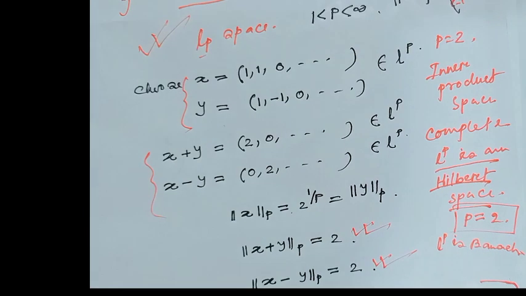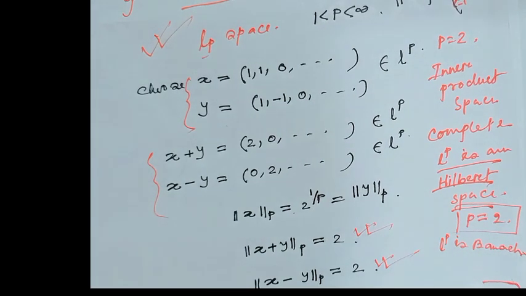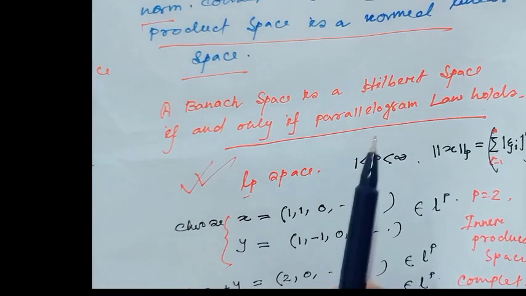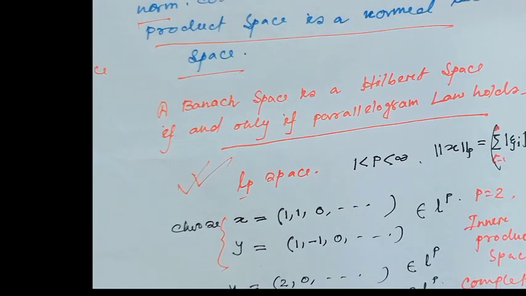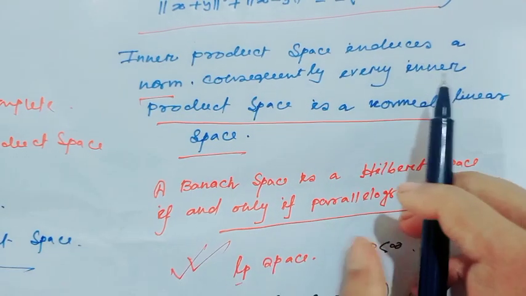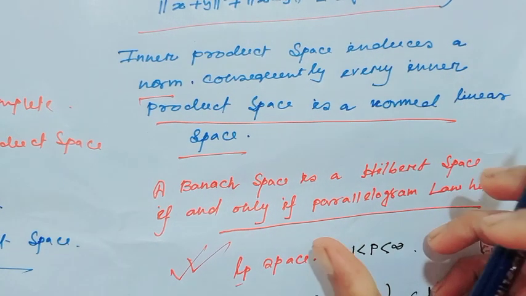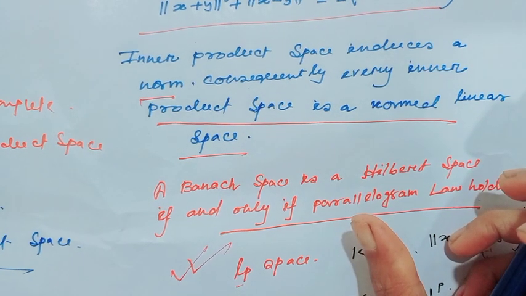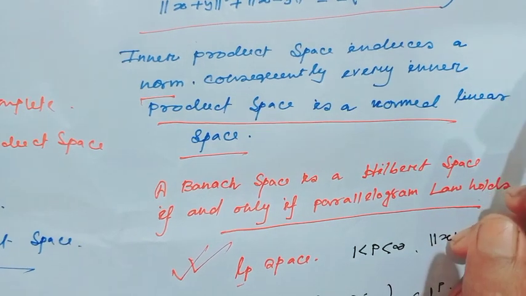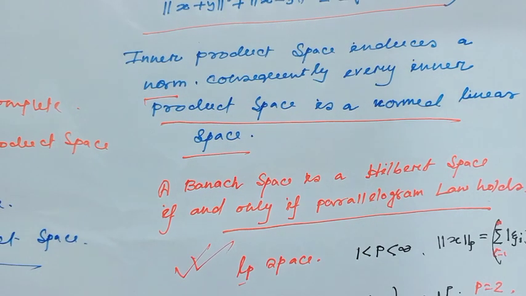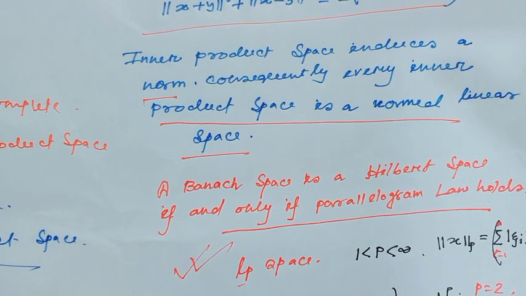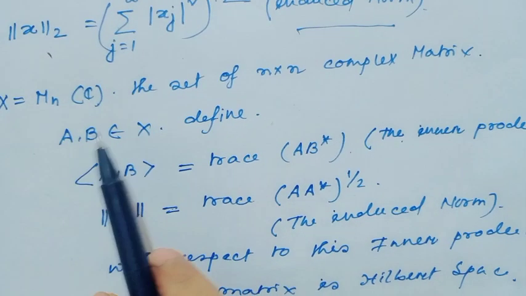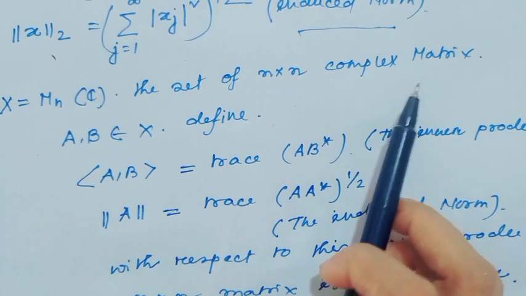Okay, I hope all my viewers have understood this clearly. A Banach space is a Hilbert space if and only if it satisfies the parallelogram law. So a Hilbert space always induces a Banach space, but not every Banach space will be a Hilbert space. Okay, well, our next example of a Hilbert space is, next, consider X equal to the set of all n cross n